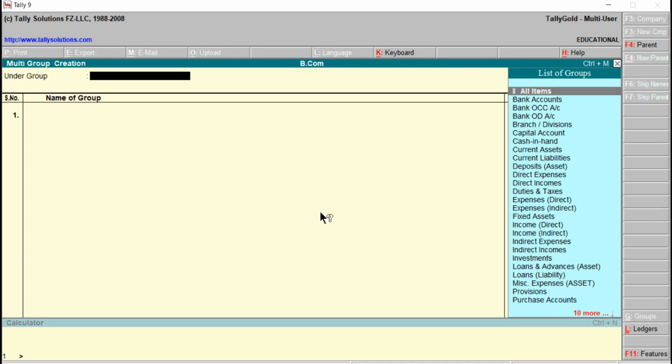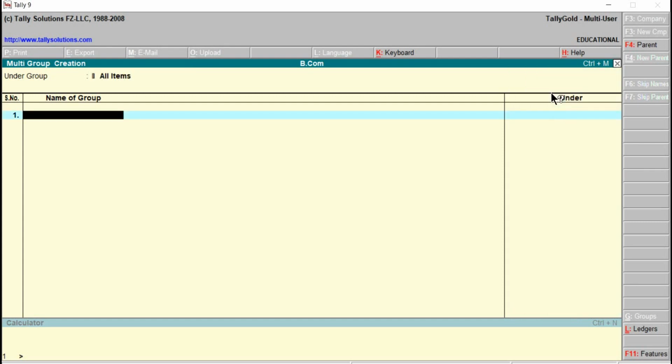And here we can see this particular window under group, and on the right hand side a list of groups is available. Suppose if I select all items, in that case we can create a list of user defined groups and that will be allocated under different predefined or built-in groups.